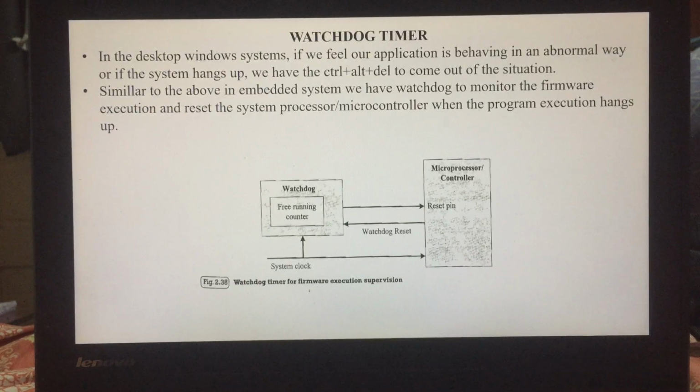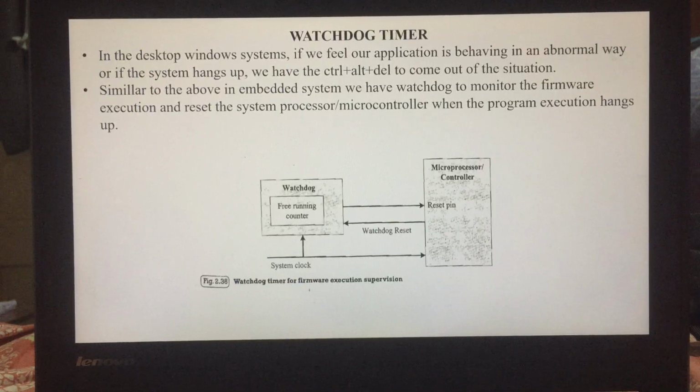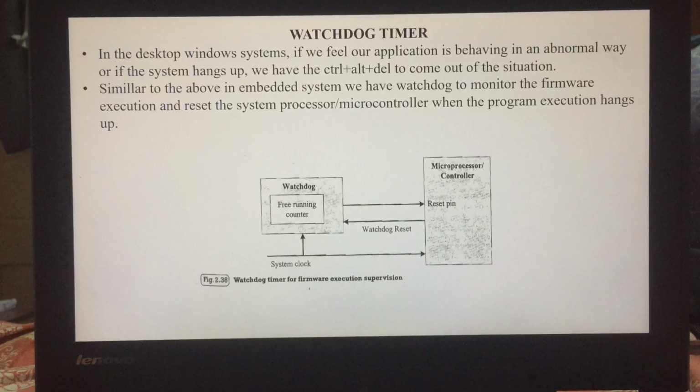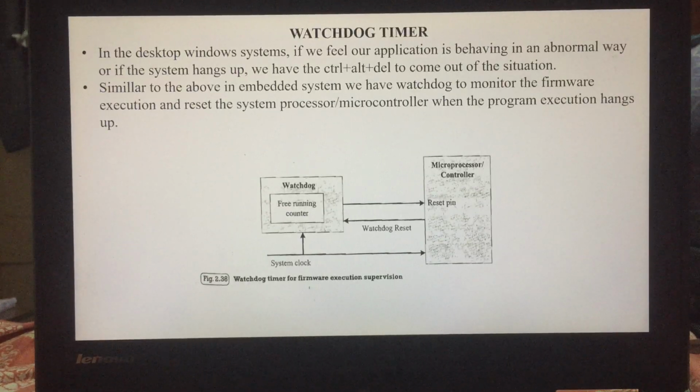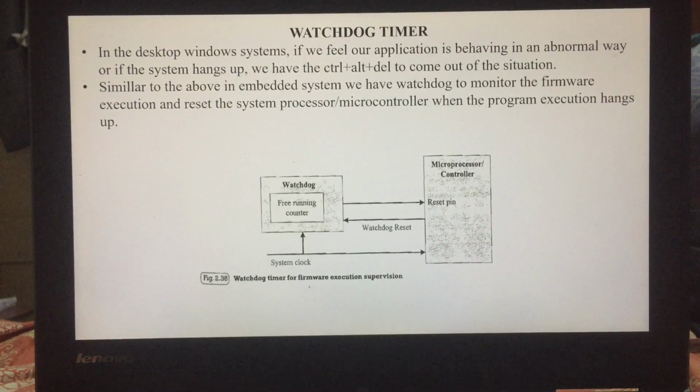When the watchdog counter is enabled, the firmware will write 0 to it before starting the execution of a piece of code, and the watchdog will start counting. If the firmware execution doesn't complete due to malfunctioning within the time required by the watchdog to reach the maximum count, the counter will generate a reset pulse and it will reset the processor. If the firmware execution completes before the expiration of the watchdog timer, reset the watchdog timer by writing 0 to the register.